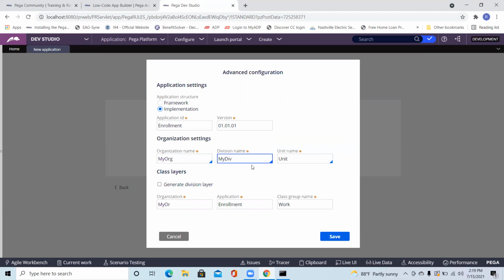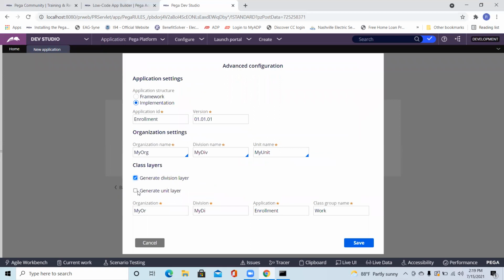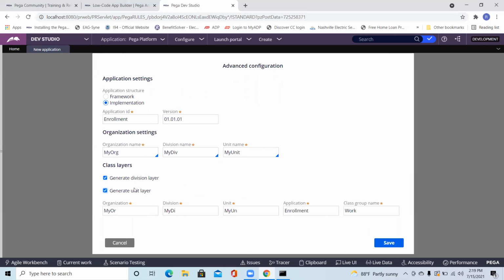You can give any good name, and it should be my unit. It's just a test. If you want to generate a division layer or unit layer, so all this will fall under the class structure. It generates layers of classes.